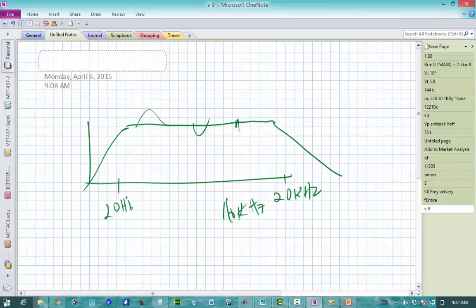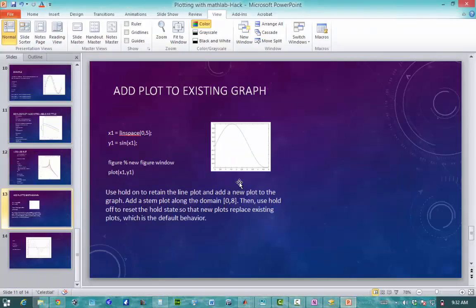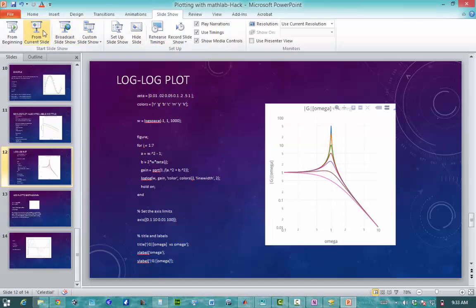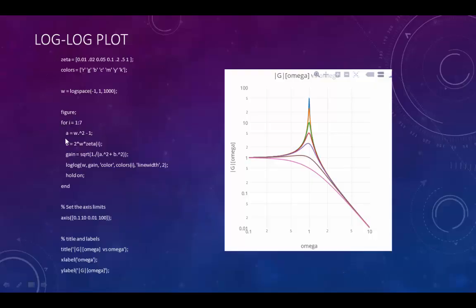So I think that's going to pretty much wrap where I'm at here. Let me see. Log. That does the same thing. This just happens to be an amplifier. This particular one we're plotting, both scales are logarithmic in this particular case. And let me just slideshow. I'm not going to spend a lot of time on it. But you'll notice right here that instead of saying semi-log, we just simply